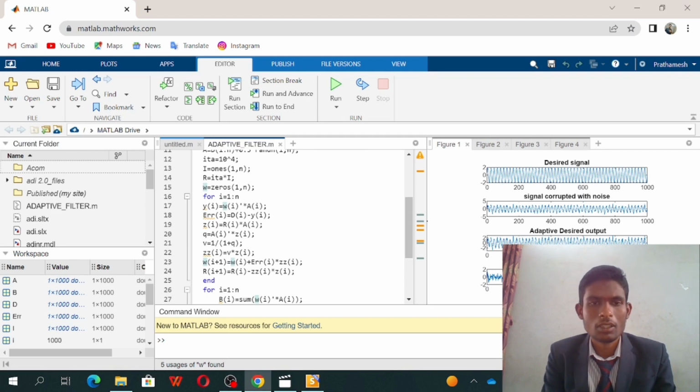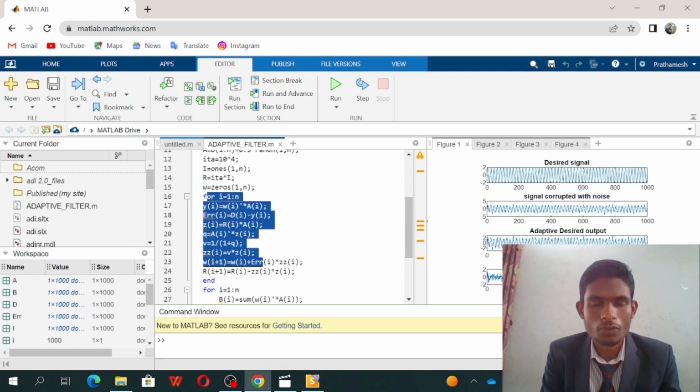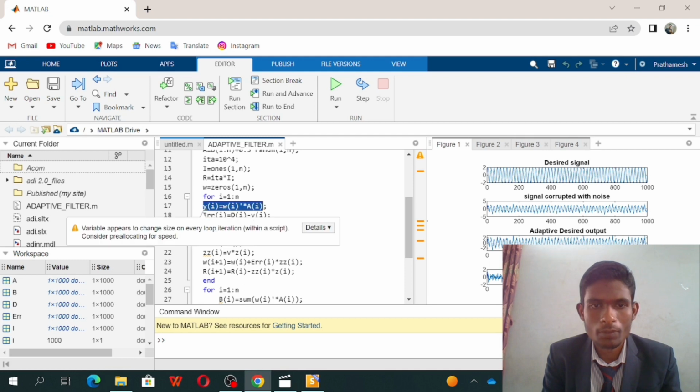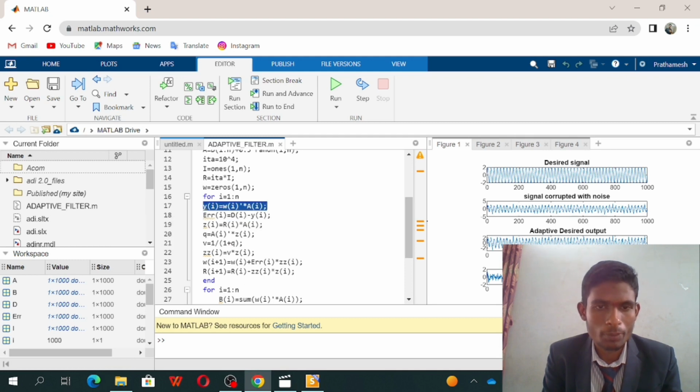Further we have written the program for filtering. For that we have used a for loop. So for I equal to 1 colon n, which means it will start iteration at 1 and continue up to n. y of I equal to w of I into complex conjugate into convolution of a of I, which is the output signal for which we have written the equation. And err of I equal to d of I minus y of I, which means